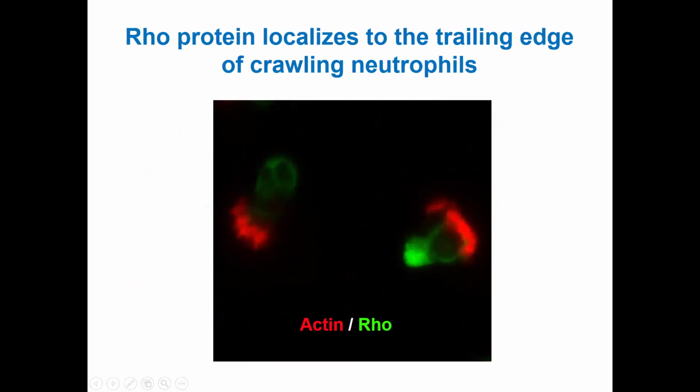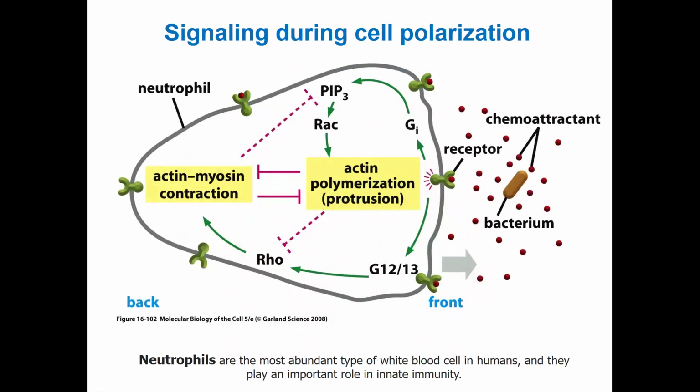Here you can see Rho protein localized. It is visualized by confocal laser microscopy. This is the green fluorescence, and crawling neutrophils. So when neutrophils move, here you can see these are the Rho protein, and here red is actin protein. So they polarize and then move the cell. That means polymerization and depolymerization of these proteins are happening intentionally for the movement.